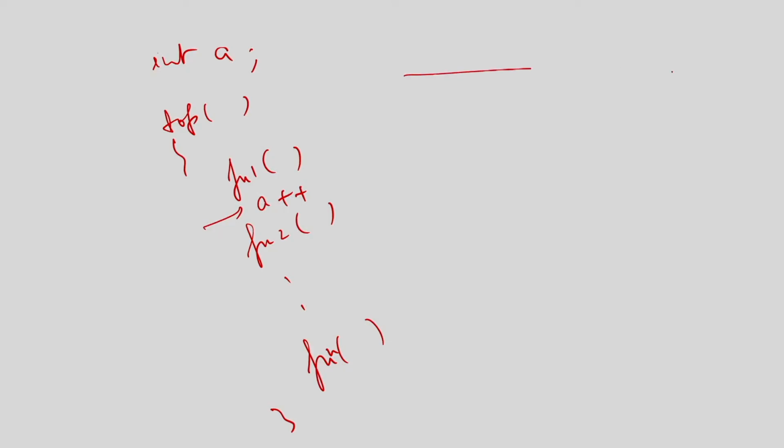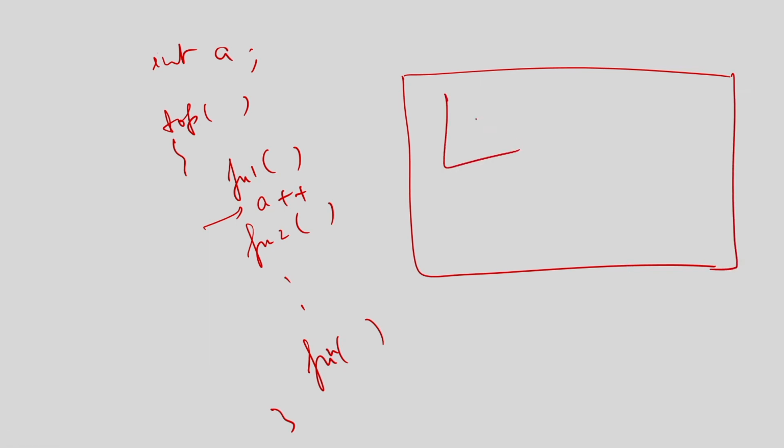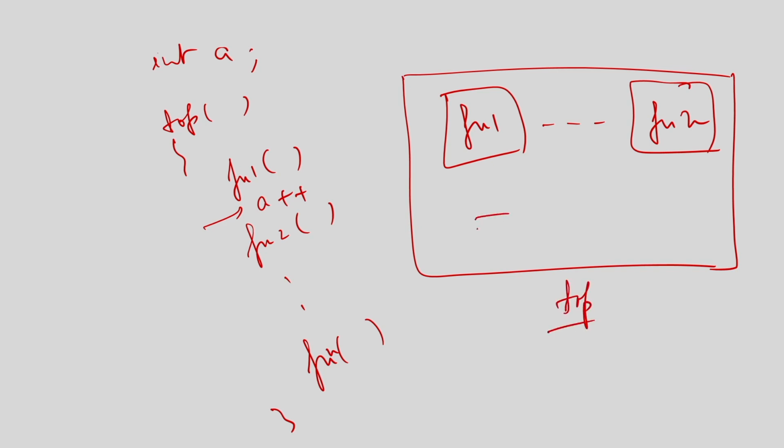You remember that once you have a function, it will create a module. Every function will be realized by a module. So, there is a module for function 1 to function n. And now where will this a be stored, within the functions or the top? If it gets accessed in the top level module, there will be some register which is storing a.